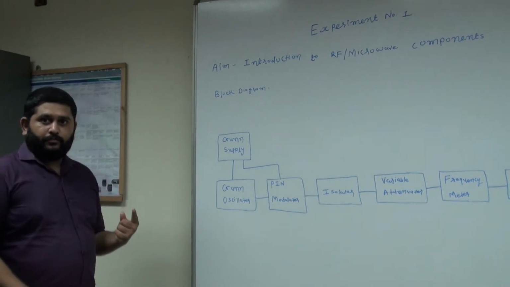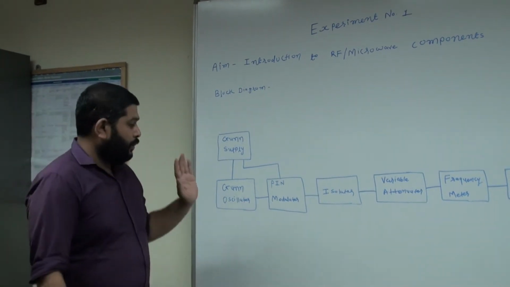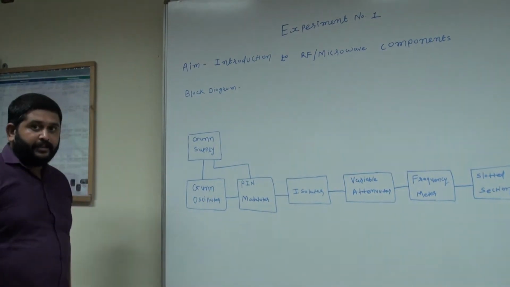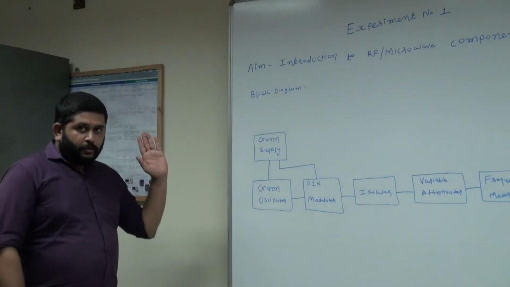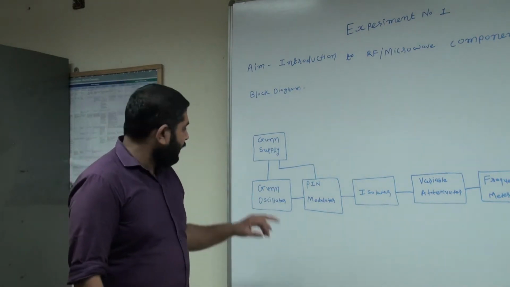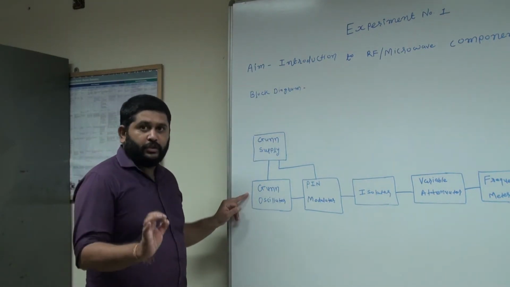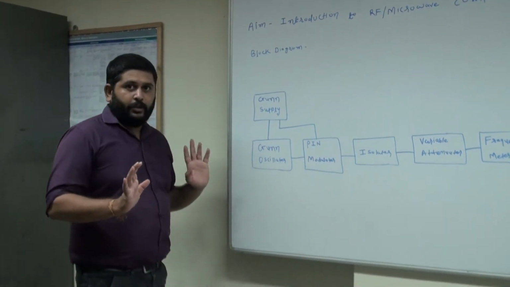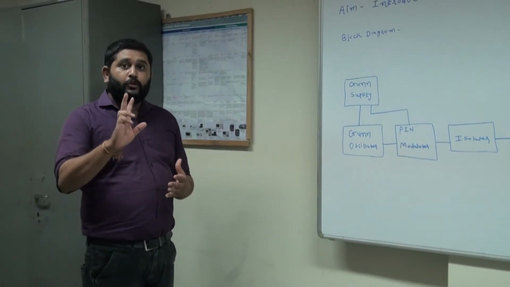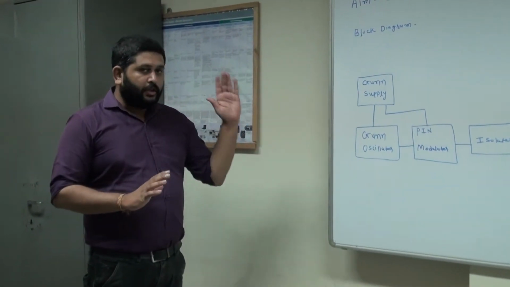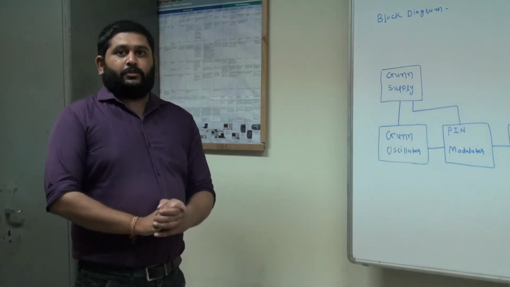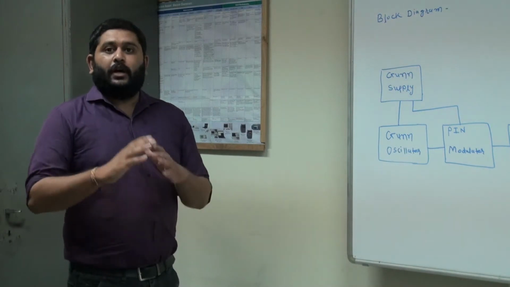The klystron power supply is a high DC voltage power supply, and that voltage range is 250 volt DC to 300 volt DC. And we also use a klystron oscillator in this case. So here we differentiate our microwave test bench using two different power supplies. One is the gun power supply and another is the klystron power supply. And the gun power supply is low DC voltage and the klystron power supply is high DC voltage.